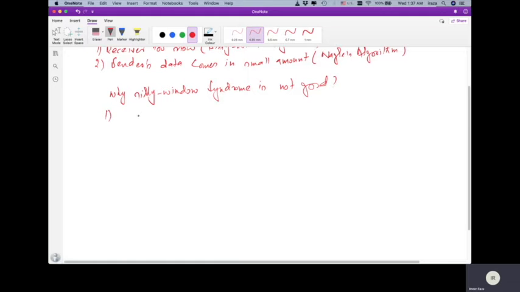Number one, it involves packet header overhead. It means maybe we are sending 1 byte of data, but for that we have to send a packet header of 40 bytes. We'll see in a minute with the help of a scenario what we mean by this. And the second problem with silly window syndrome is that